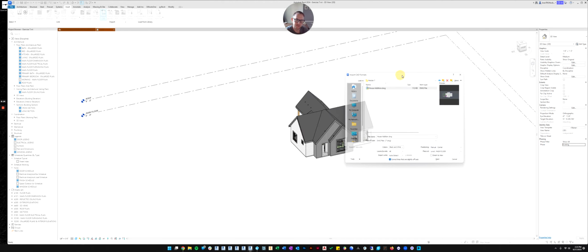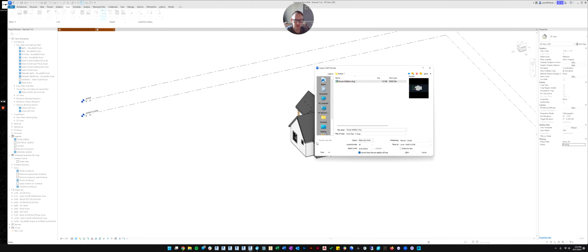And then something that isn't available right here, because I'm in a 3D view, is this little checkbox, which I use a lot. It says to only put the CAD file in the current view. So this is really good if you're in a floor plan and you don't want the CAD file to show up in 3D and in all of your other floor plans. You would click this button because you just want it in one view. But without that checked, it's going to place it as if it's in all of the views. So that's what we're doing right now.